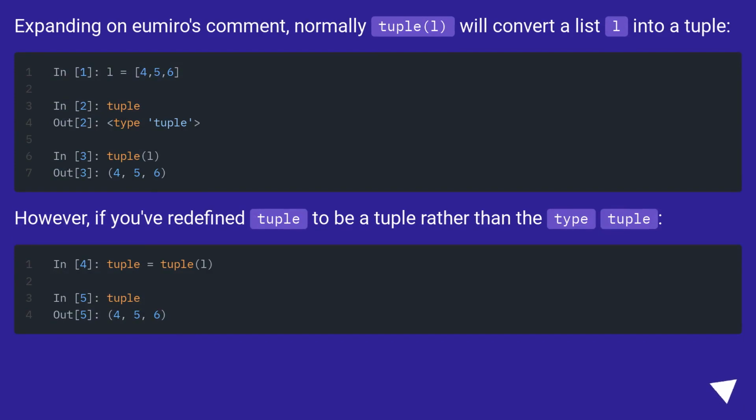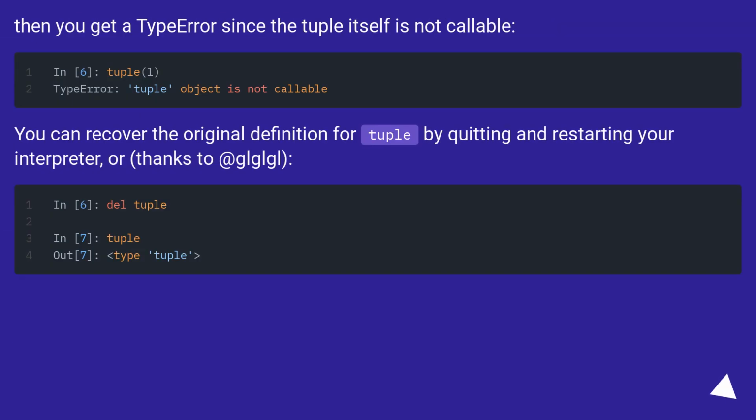Expanding on Yumiro's comment, normally tuple(L) will convert a list L into a tuple. However, if you've redefined tuple to be a tuple rather than the type tuple, then you get a TypeError since the tuple itself is not callable. You can recover the original definition for tuple by quitting and restarting your interpreter, or, thanks to glglgl,